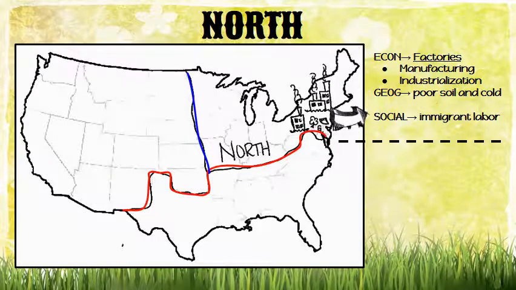So in the north, the economic principle here is factories. You could call it manufacturing, you can call it industrialization. It's all mainly the same thing. The reason this happens is because the soil is so poor here, and it has a cold climate, that it was not ideal for farming. Yeah, they farmed a little bit. Think about early on in September when we talked about colonies. That's because that was the only thing to do. There were no really cool inventions like we have at this point. But farming wasn't how they made money.